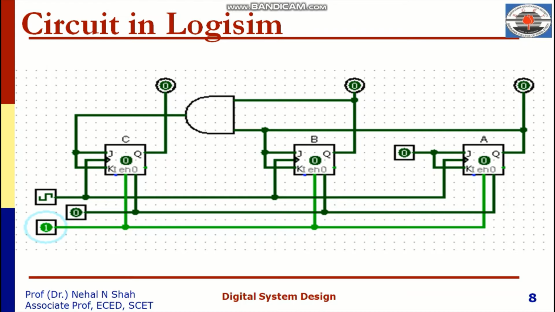When we simulate, at that time we can observe the output on this QA, QB and QC. Currently the output port is connected over here. In Logisim it is called an output pin. When we apply the clock, we can observe this 3-bit output changing from 0, 0, 0. It reaches up to 1, 1, 1 and then it rolls over. So now I am going to show you the simulation of this circuit.